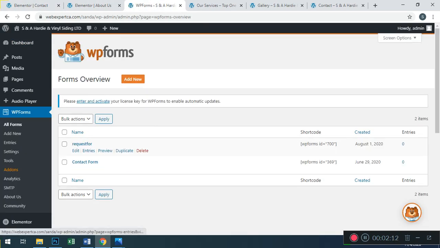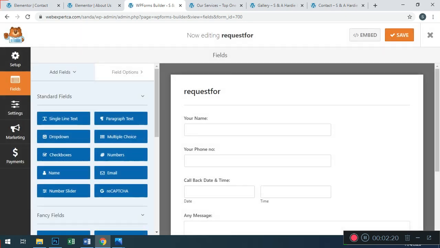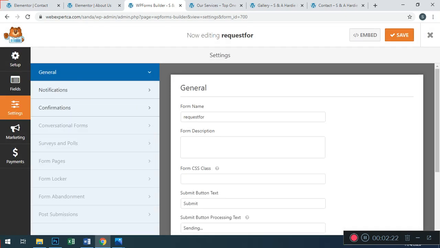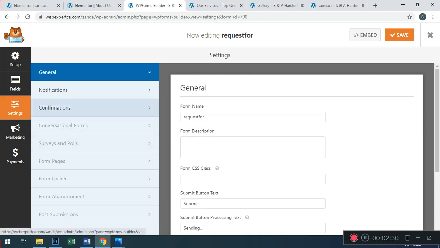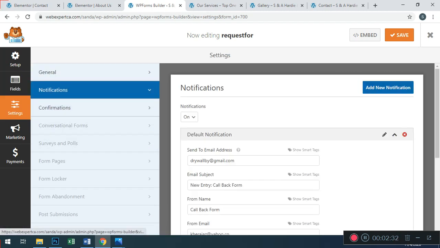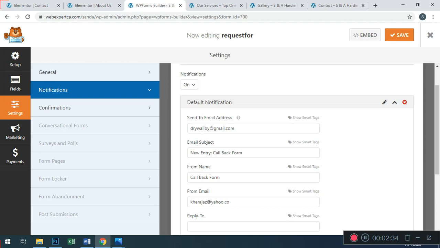We are going to edit both entries, because we only edit the email address and don't need special settings for the fields. Go to Settings, Notifications. Here we change our email address.